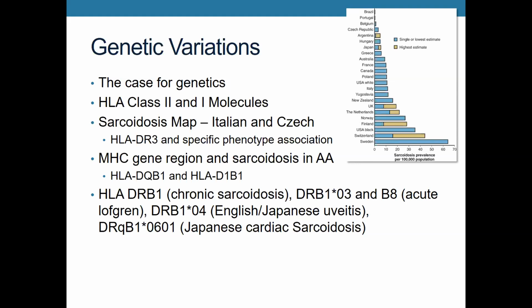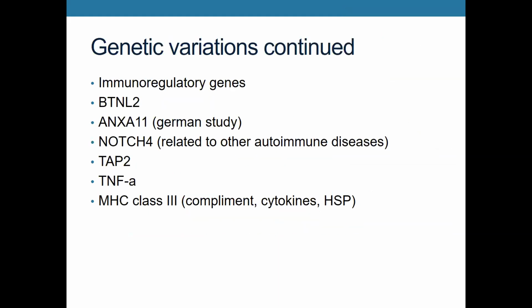And even further studies have shown, supporting the concept that immunogenetic background may at least partially account for the clinical heterogeneity of sarcoidosis, with different alleles associated with different forms, such as chronic sarcoidosis, Löfgren, uveitis, and, as was said in the prior talk, Japanese cardiac sarcoidosis specifically. Very quickly, there was further evaluation of these MHC genes and alleles, but they did not have a unifying diagnostic or prognostic